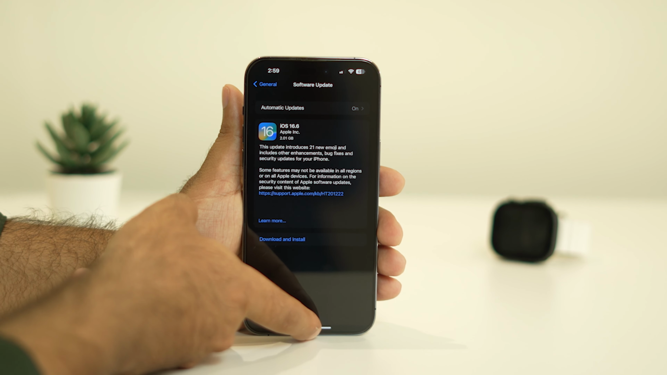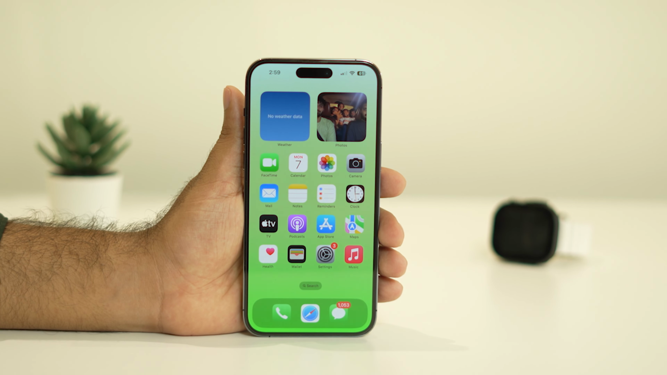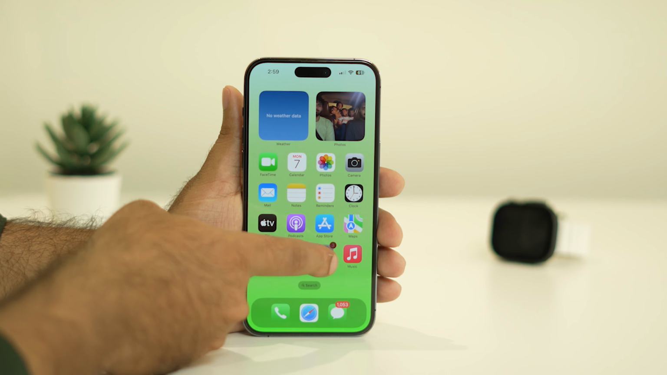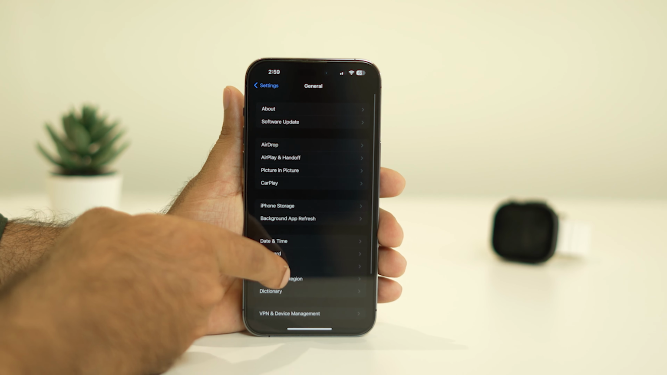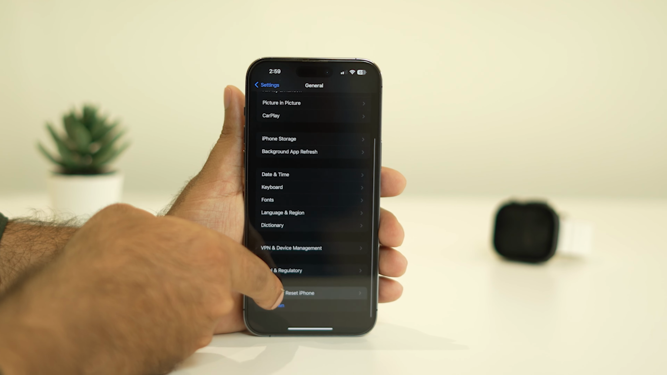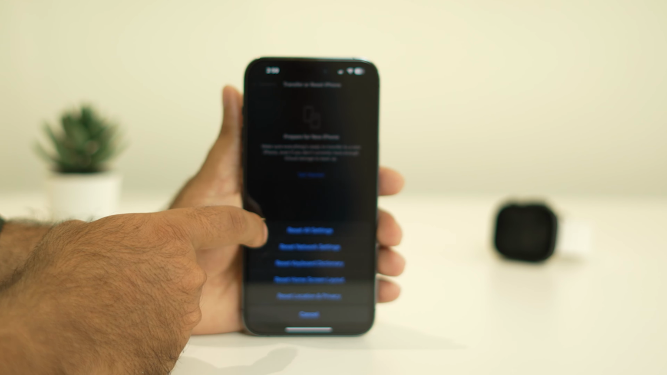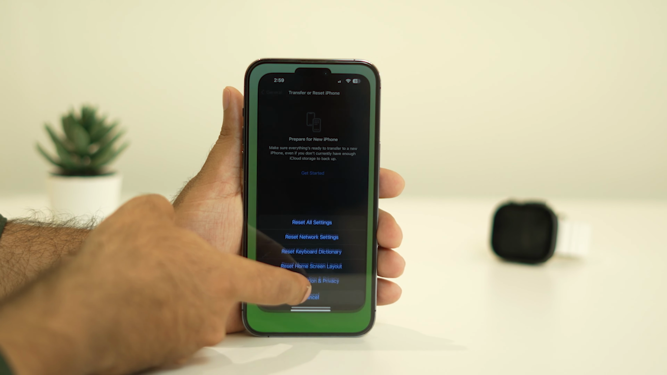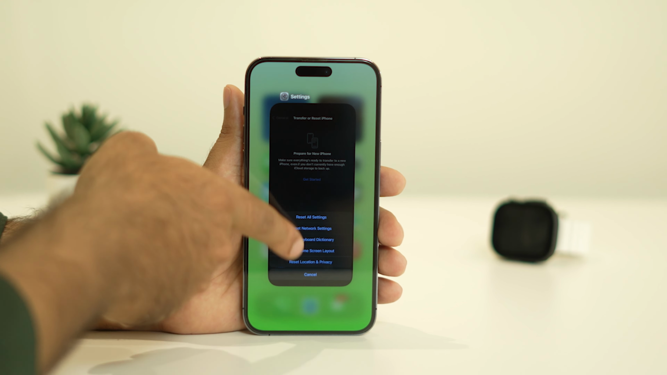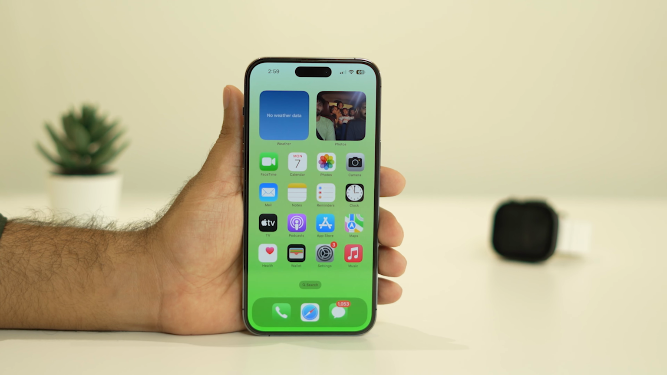And even after trying with the update, if the issue is still persisting, the last one is all about we have to reset all settings. We have to tap over here in the settings. Now from here we have to go to general. Now from here we have to go over here to transfer or reset iPhone. Tap on the reset, and there is an option called reset all settings. When you tap on reset all settings, it will be a complete reset on everything and it will be like a fresh start. After you're done with this one, you can try, and most probably the issue regarding this will